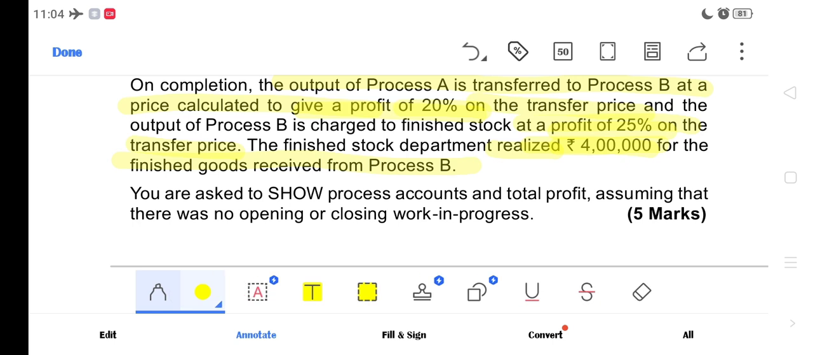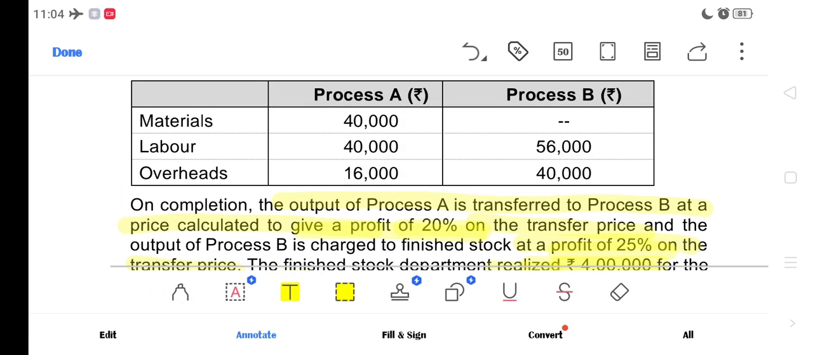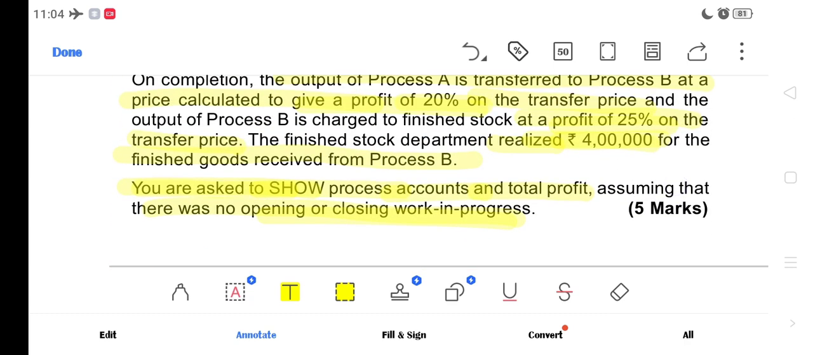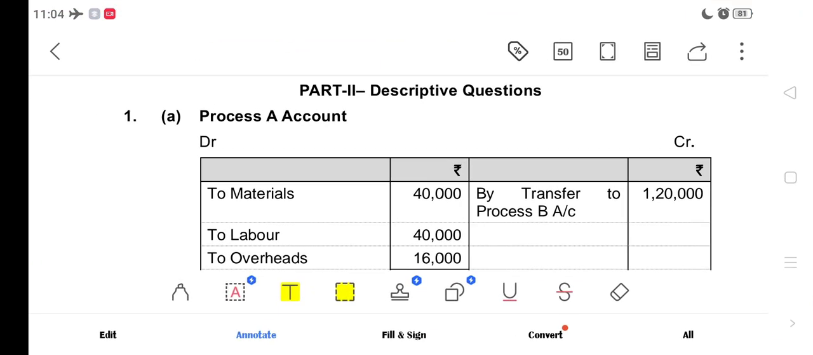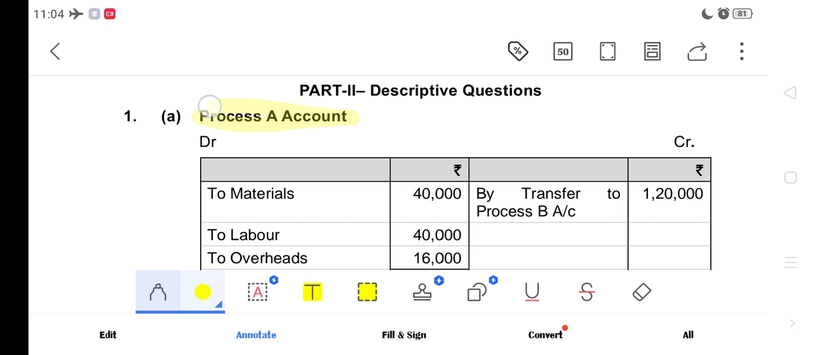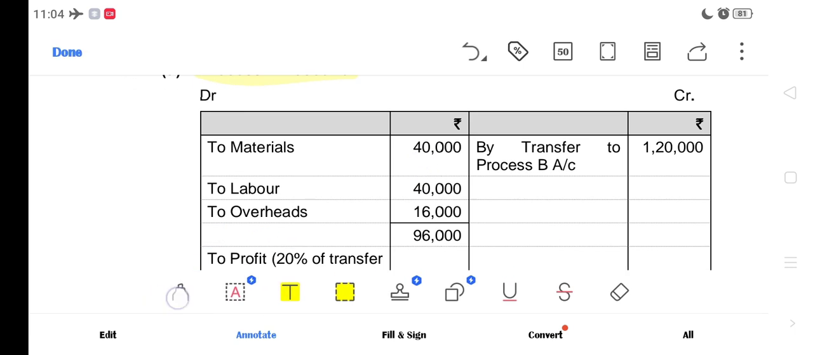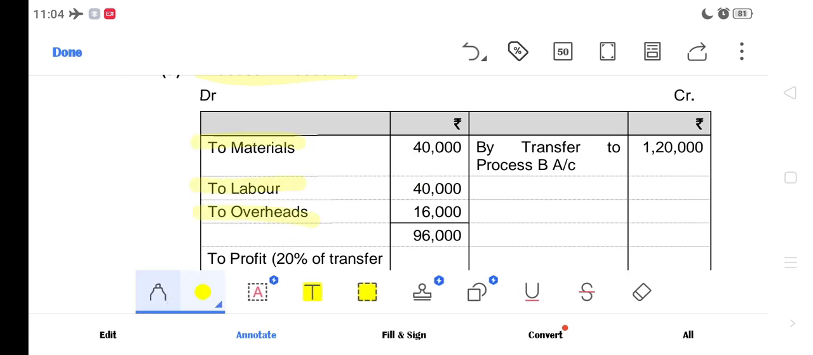out. Okay, so now they are asked to show process account and the total profit, assuming that there is no opening and no closing, just these expenses, and also you have the profits. So you have to show the process accounts, means process A and B and finished stock. Let's see. Okay, now process A account, which has materials, labor and overheads, they have given 40 and 16,000